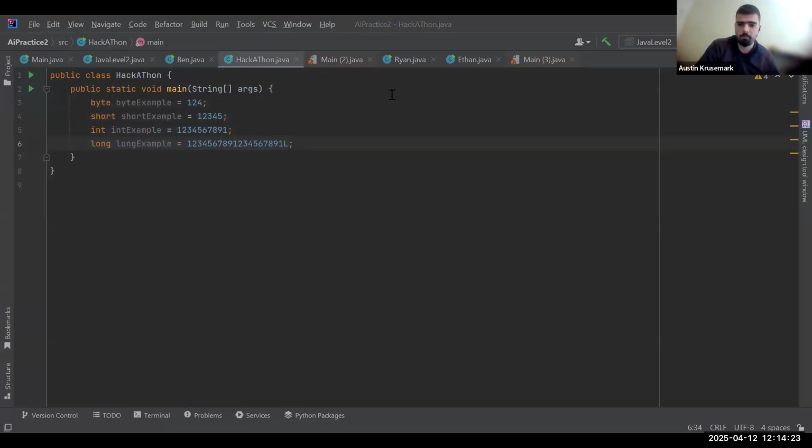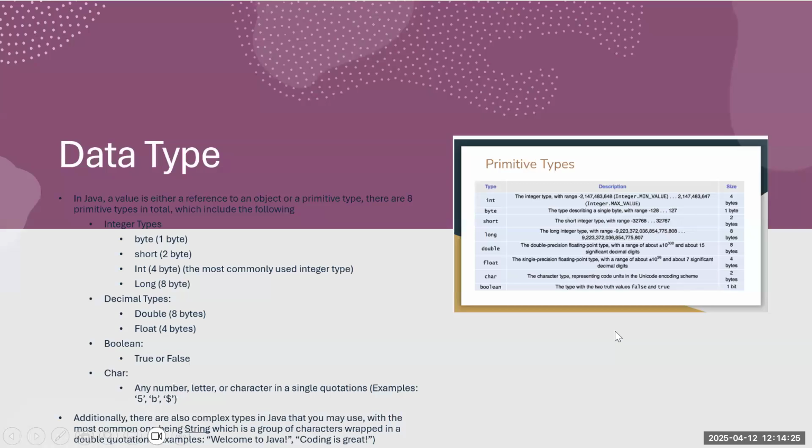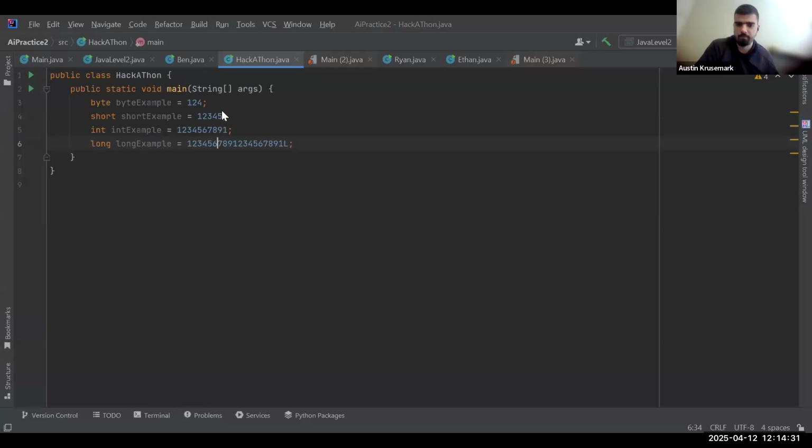Okay. So we need to mention that for byte we can enter only 3 digits. Yes, byte is generally 3 digits. Short is 5. Int is like 10, and long is, I don't know, about 19 or 20, somewhere in that range. But you can see on the slide,